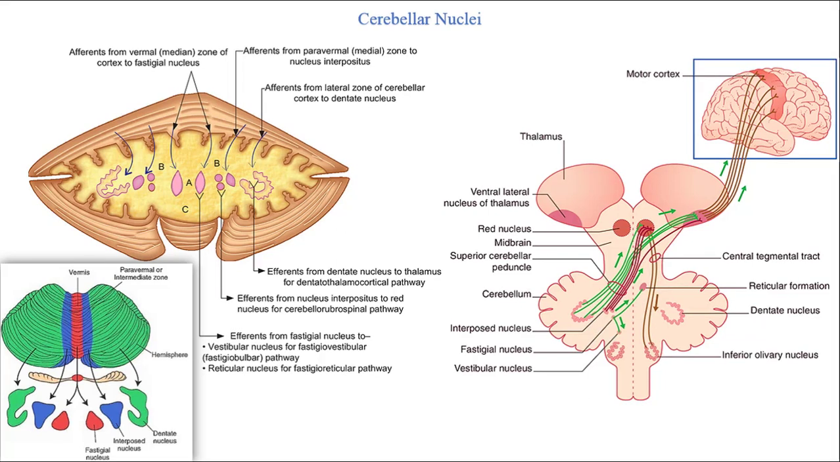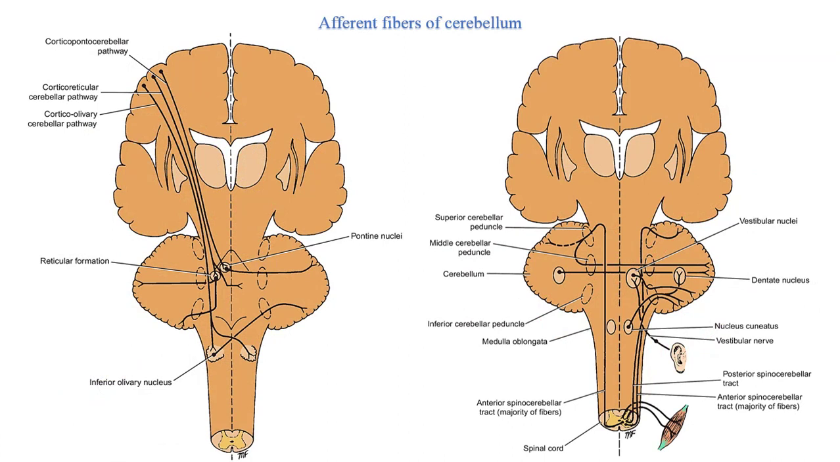Now that we've covered some structures of cerebellar cortex as well as cerebellar nuclei, let's move on to discuss white matter of cerebellum, and let's start with afferent fibers. Cerebellum acquires information from cerebral cortex, spinal cord, vestibular apparatus, red nucleus, and tectum of midbrain through afferent fibers. Cerebellum accrues input from cerebral cortex through